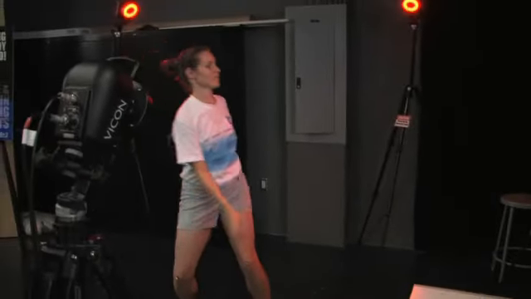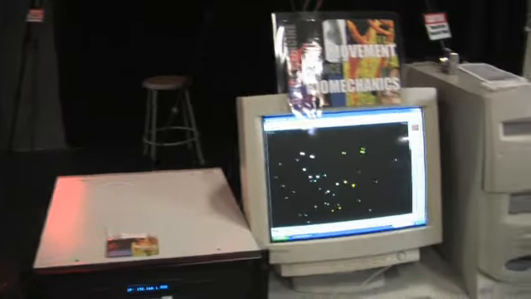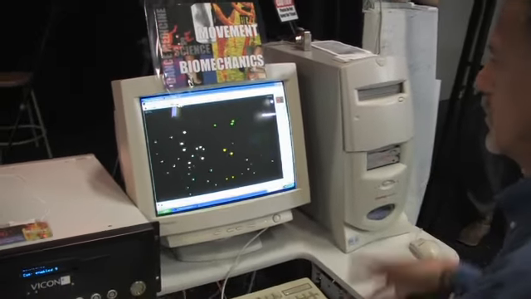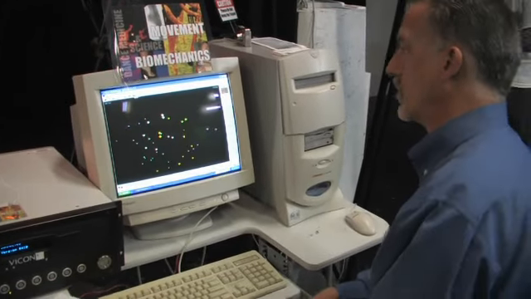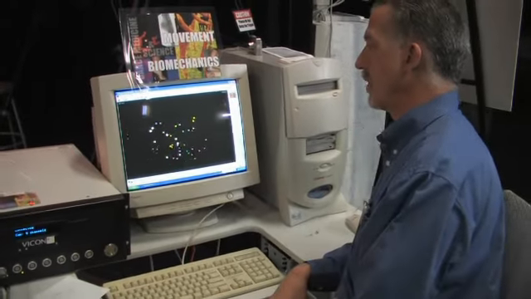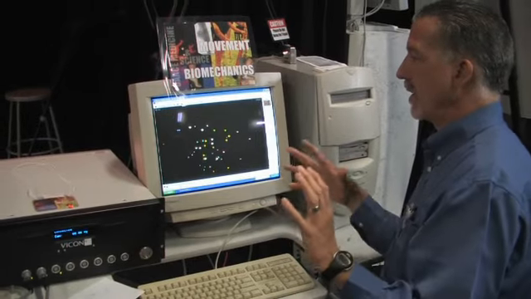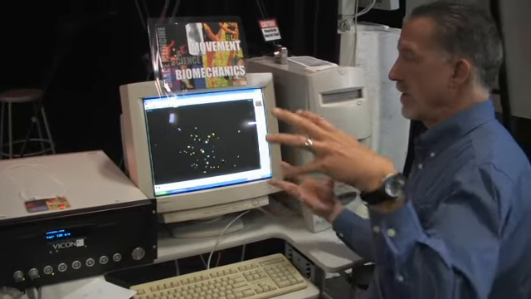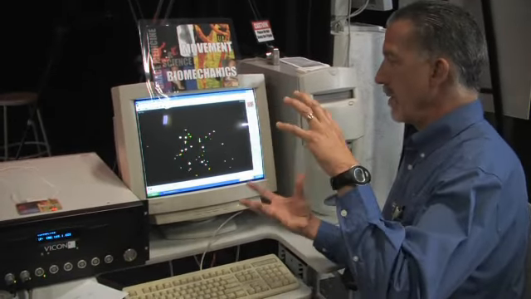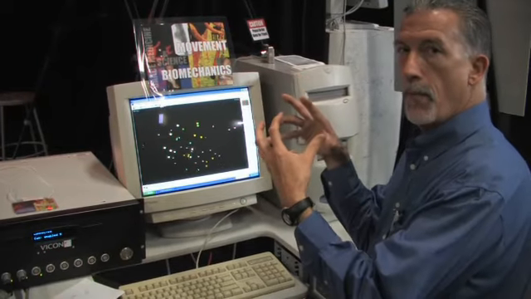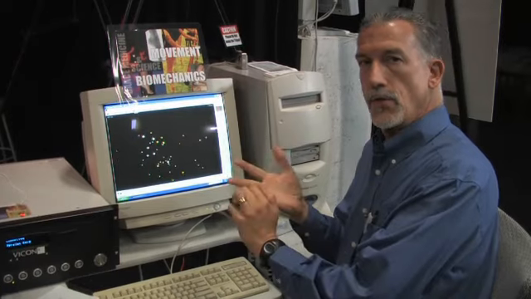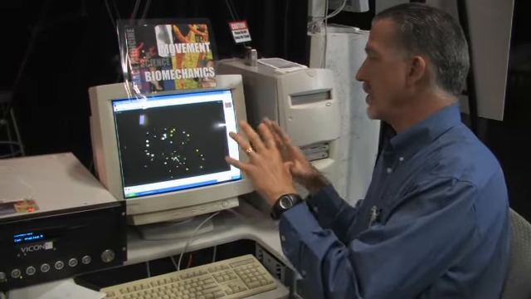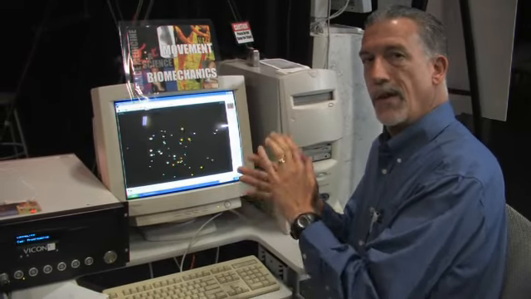So on the screen here, you can see that as she's moving, it looks like just a mass of markers going all around every which way, and the different colors mean different camera angles. But the software of the computer will then take all this information, put it together, and form a model that will help us to look at forces, ranges of motion, accelerations, different kinds of things that we need to assess